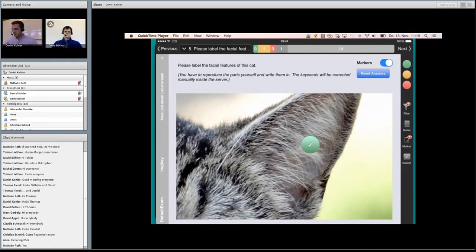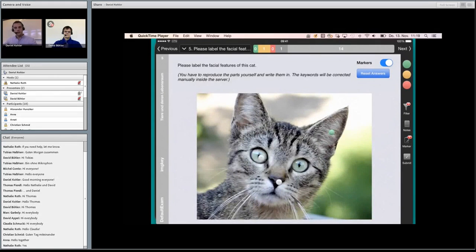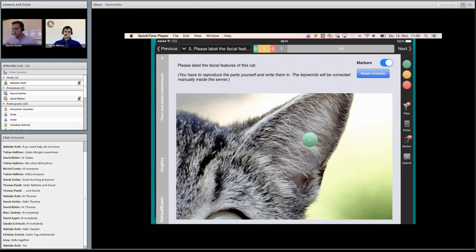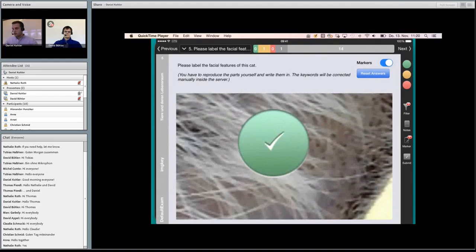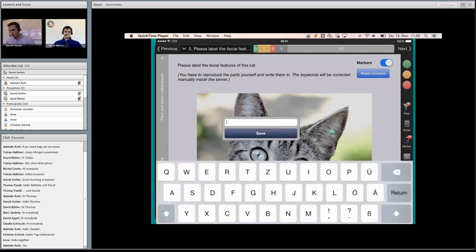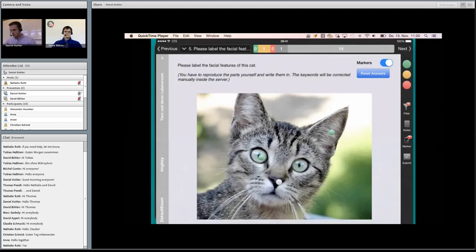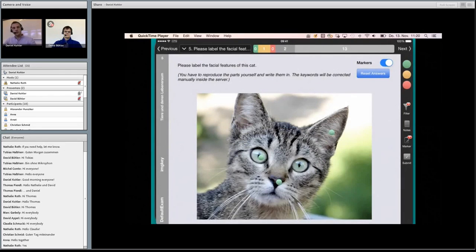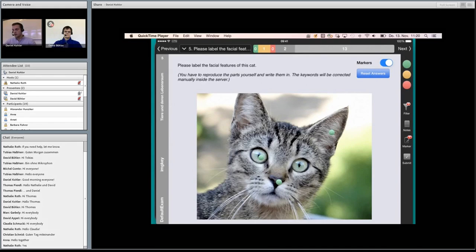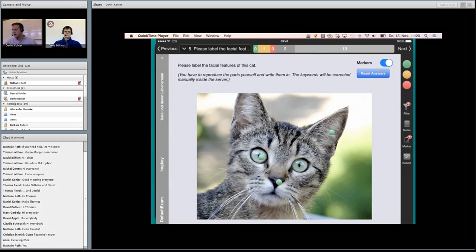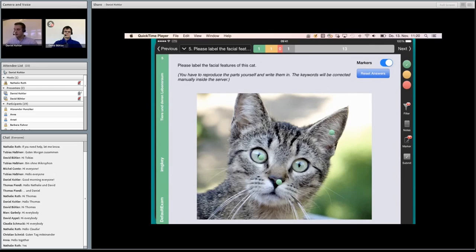That's also a great thing about the BeAXi iPad client. With images, I can always use pinch zoom with the fingers to really go into as much detail as I want if I'm about to label something. And so let's put here the eye, and that's most probably the nose. So now the top bar indicates that I have answered an additional question. So we got 2 right there. And with these questions, I'm pretty sure that it's correct. So I put the green tick there, and I proceed to the next question.